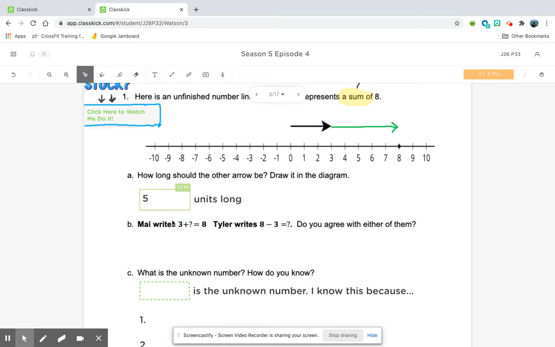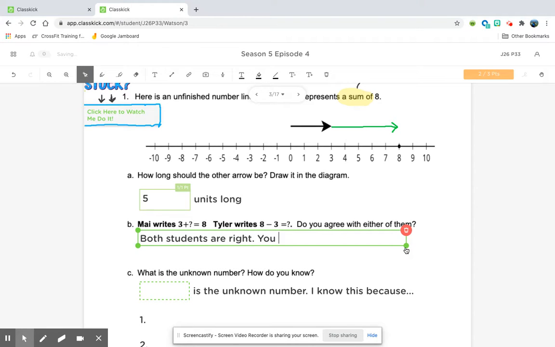Now we have two students who wrote equations to represent this. May said 3 plus some number equals 8. Tyler wrote 8 minus 3 equals some number. Who do you agree with, May or Tyler? Now you can't agree with either one because they're both actually right, okay? Both students are right,